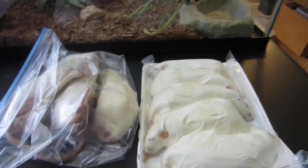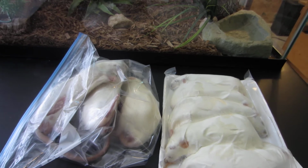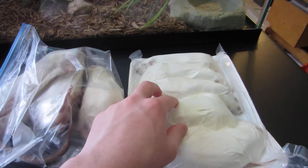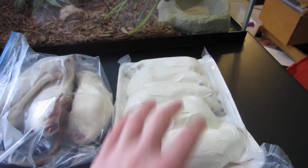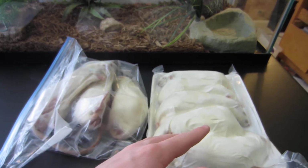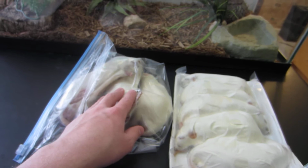So you're trying to rip them apart from each other because they're stuck together and legs are coming off, ears, tails. It's just not a good situation. So with Rodent Pro and Perfect Prey, this is going to be the Rodent Pro side, this is going to be the Perfect Prey side. They normally always line the rodents up, which is good. I mix these around a little bit, so normally they are lined up, which is good for both sides, but we're going to give Perfect Prey a 5 out of 5 and Rodent Pro 4 out of 5, simply because